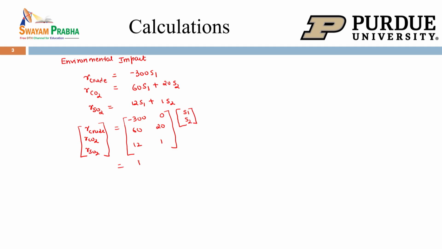So, this is our intervention matrix B and then the scaling factor, and that is the R, which is the vector that contains information about total resource consumption and emissions production. So, when you plug that value in, your values will come to be, so we already know our scaling factors are S1 equal to 1 and S2 equal to 5. So, when you do that calculation,